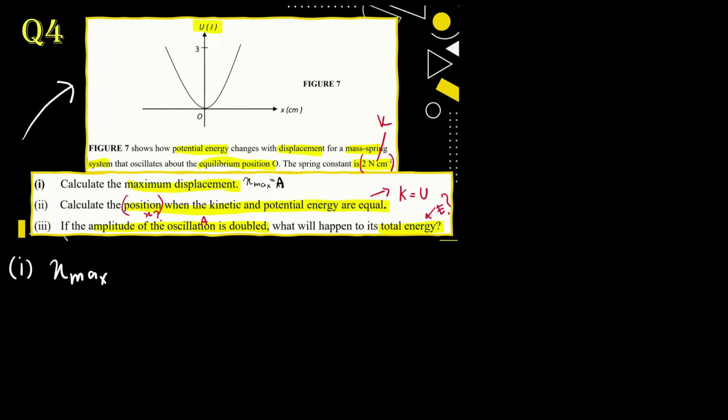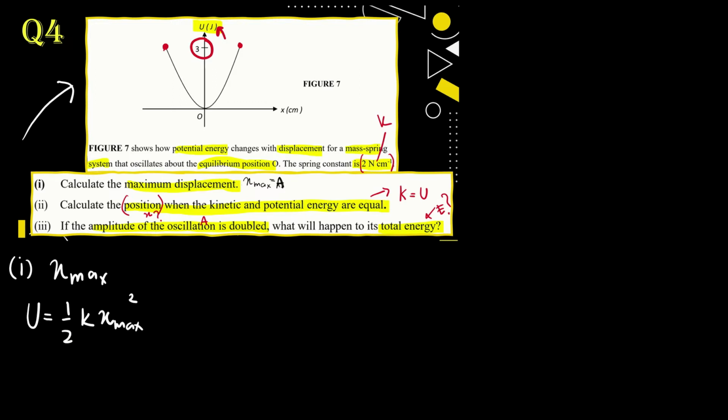So we need to extract the information from the graph. From the graph, we can see that our maximum value of U is equal to 3. So we can have the equation of U. U is equal to half K x max squared at the condition of maximum. So our U, 3, is equal to half